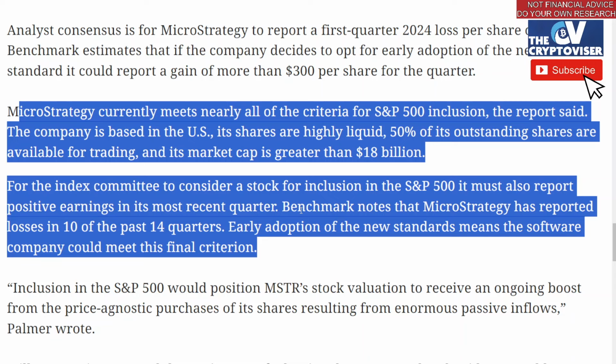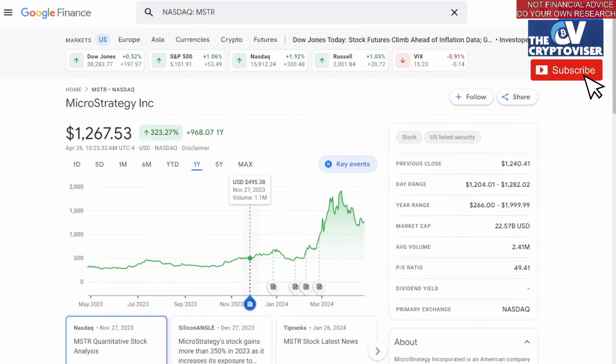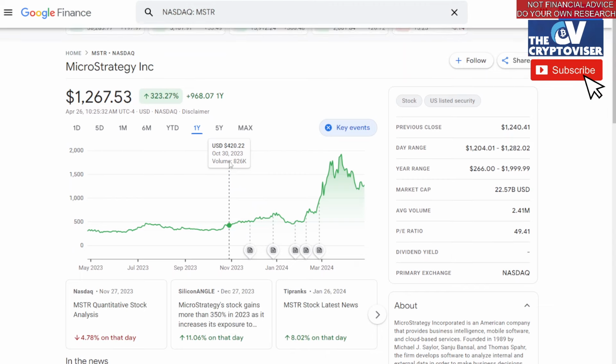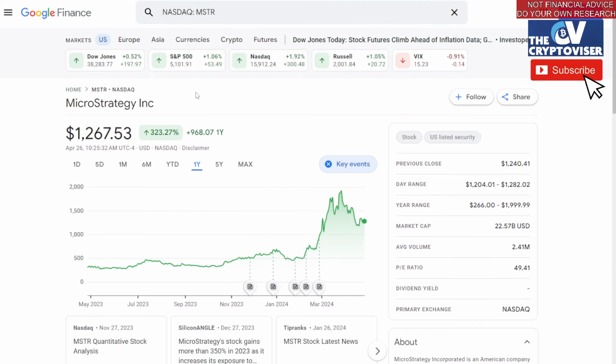And then we may see the price moving higher just based on the speculation that it's going to be included in the S&P 500, because then you have every company that is buying into the S&P 500 through other indices, or I should say other ETFs that track the movement of the S&P 500. All of those companies are going to keep buying the stock because they have to hold it because the S&P holds it. And so that will continue to push the price higher, even though